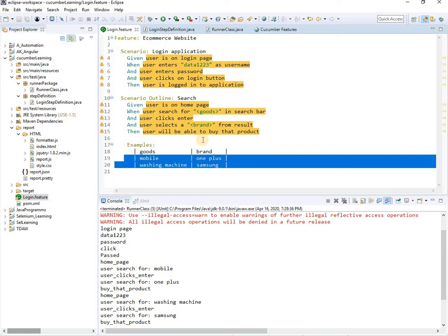This is how you can pass the data in Cucumber, and see what advantage it is having. This feature file is having so much data. You don't need to write the test case. You can pass your data over here. You don't need to pass the data in your script. You can keep everything in your feature file. This is the main advantage of the feature file.